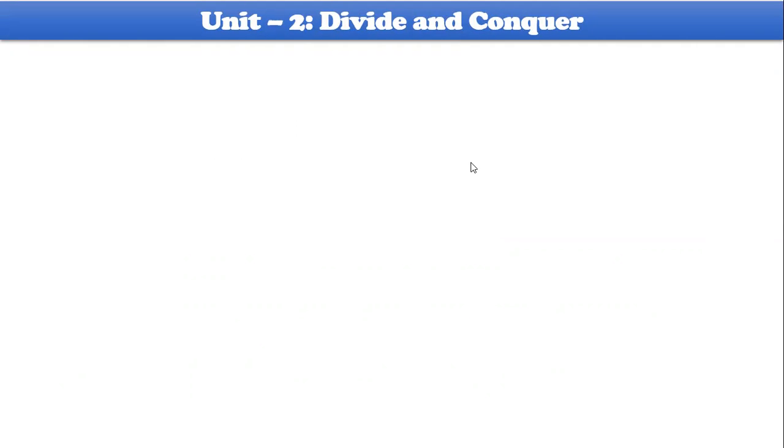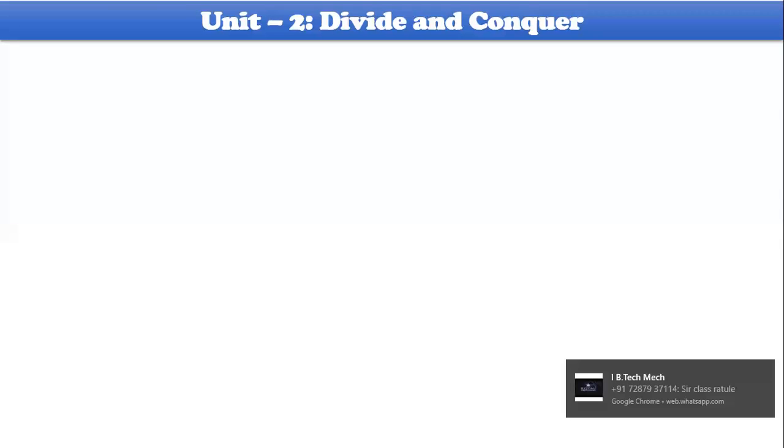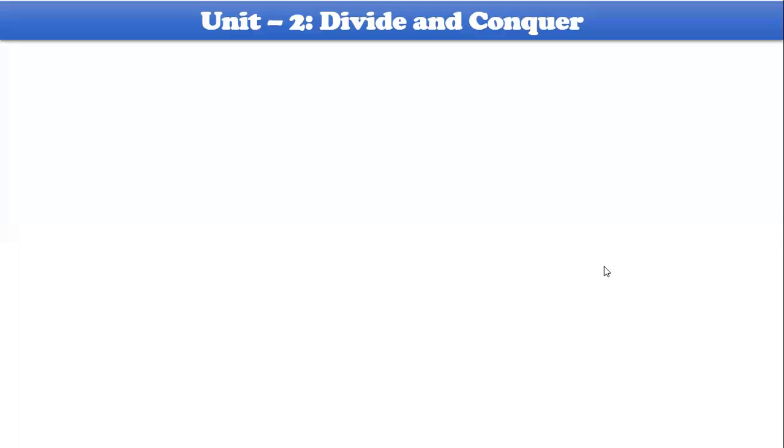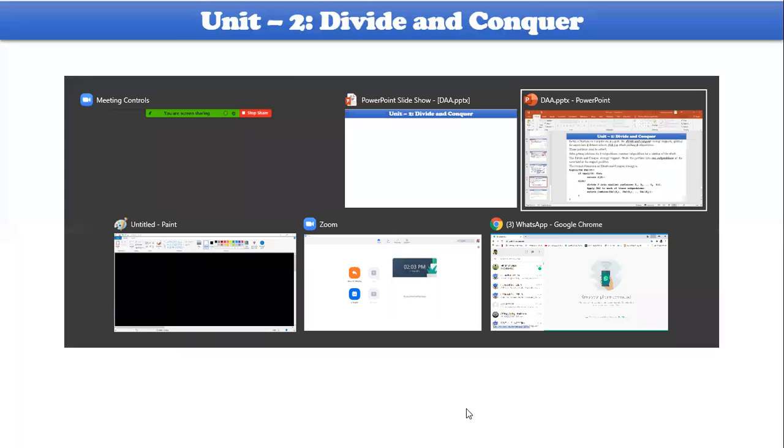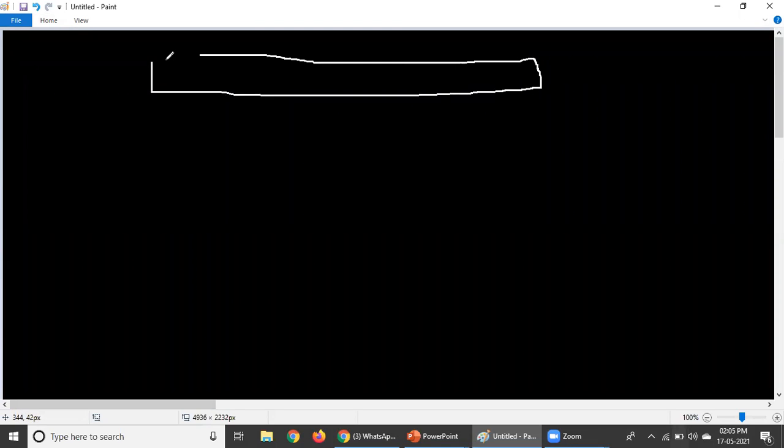Okay. So let us take the problem. Divide and conquer is always taken something like this. Let me go ahead with MS Paint, then you could understand very easily. So look at this. If any problem is given, the problem might have n number of elements: one element, two, so n number of elements are there with you.